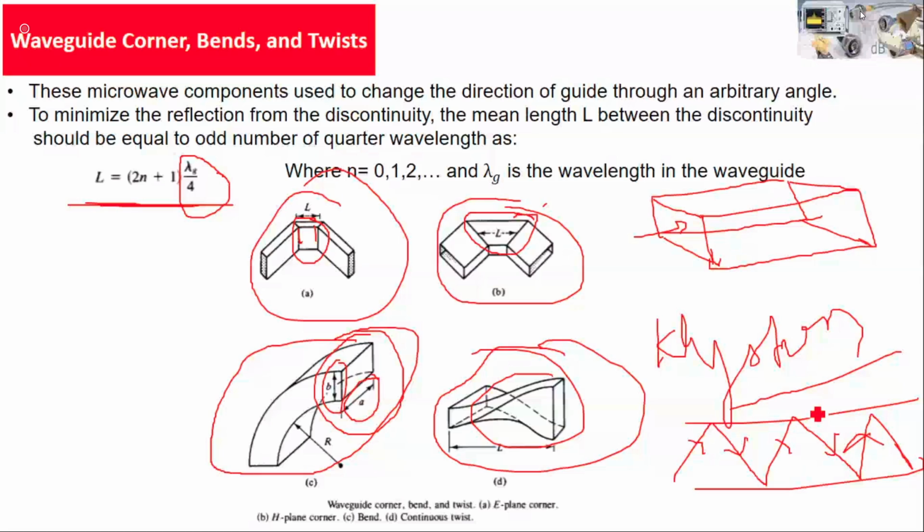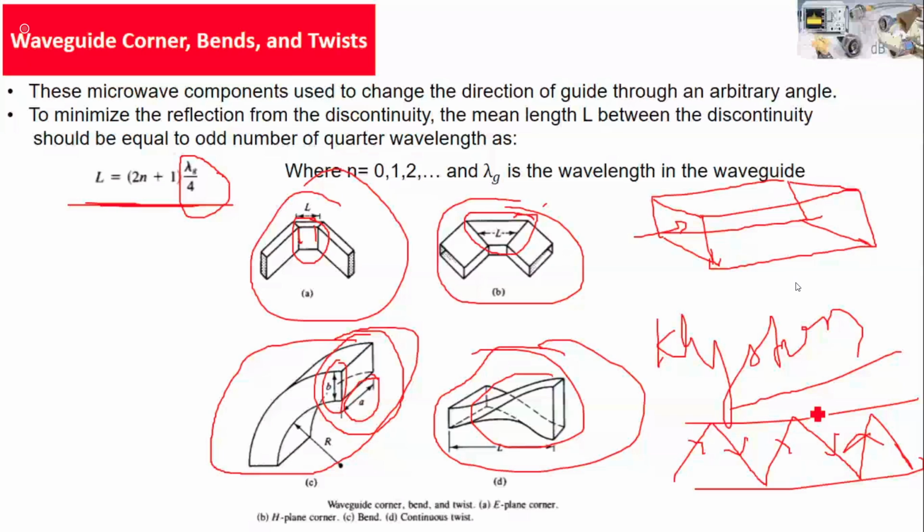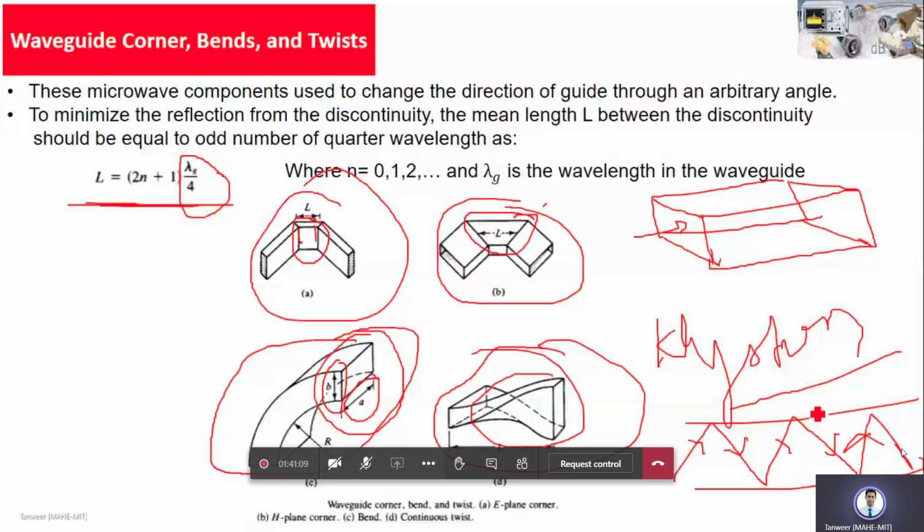So at low frequency, we use this type of wires. Why? Because radiation losses from these wires are not that considerable. It is optimum, so at these particular frequencies you can use normal transmission lines like a single wire or 2 wire transmission line. But when you are operating your signal at microwave frequencies, you cannot use single wire or 2 wire transmission line at higher frequencies. Why? Because the radiation losses from those transmission lines are very high, as a result of which the signal gets totally attenuated.